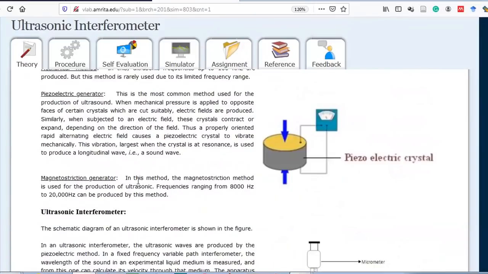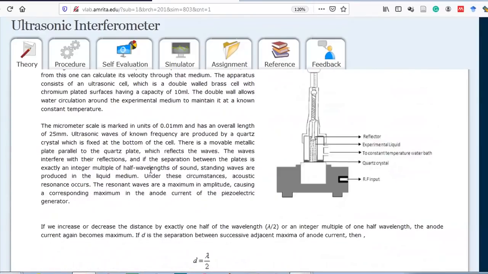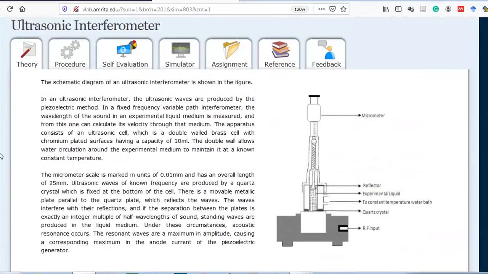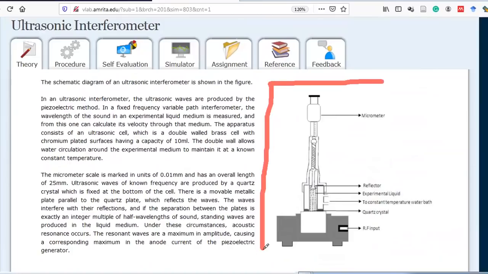Okay, then they have given the ultrasonic interferometer, and this is the setup on the right hand side. If you can see, yeah, this setup, let me annotate also. So this setup will be there. Okay, so ultrasonic interferometer, and now you can identify all the components of that. Clear? So you see this on the top, this part is represented as the micrometer. Fine, and then again let me check it out.